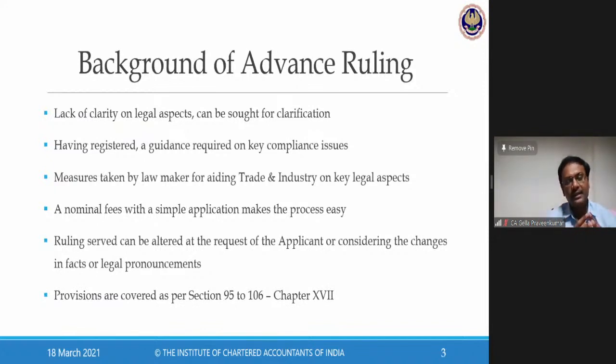So when we think of advance ruling, as the name says, advance, I get a ruling, I get a confirmation from whom? From the government offices. So wherever there is a lack of legal clarity, or I don't have clarity with respect to understanding of the law, I seek or take the benefit of this advance ruling. So first and foremost aspect is, whenever we think of this GST law,